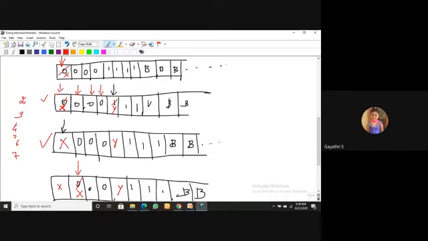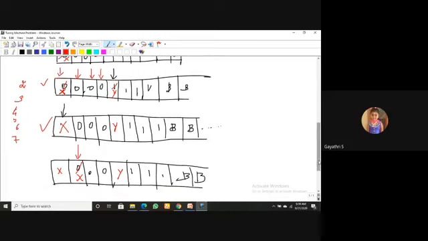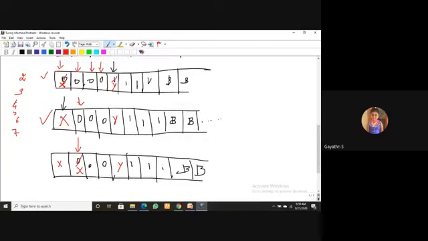So I will read the current tape symbol. This is x. Okay, this is not zero, but my goal is the leftmost zero. But this is x. So I will move one step right. So at the very first, the tape movement is one step right. In one step right, I am able to view zero.